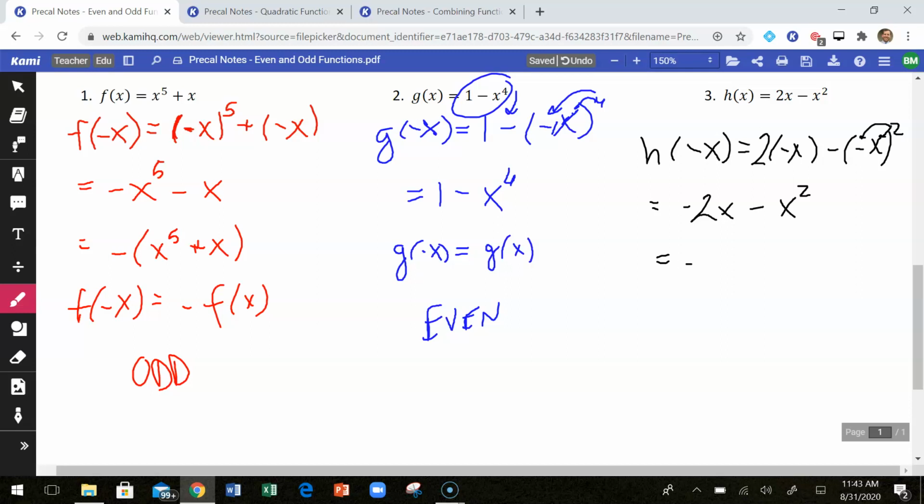So because of that, I don't have this exact same thing. I'm going to factor out a negative and see if I end up with negative that whole thing. If I factor out a negative, I get negative times 2x plus x squared, which again is not equal to the original function. And because I don't have either one of those things happening, this would be neither even